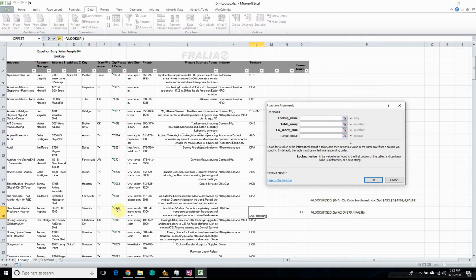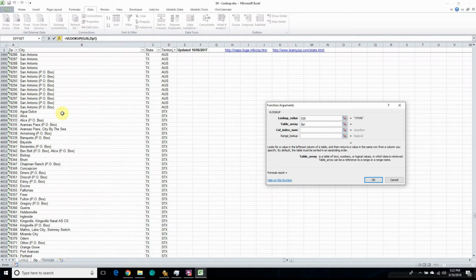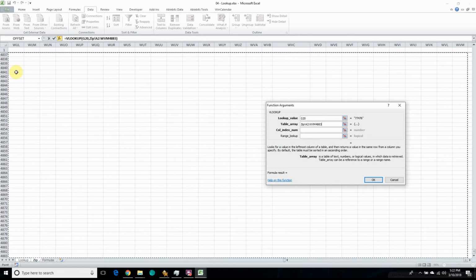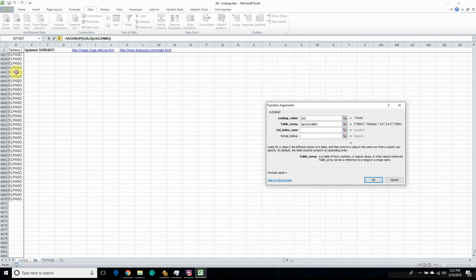So the value that I'm looking up is right here. What is the table or array? So where am I looking that data up from? In this case, I'm going to click on the zip tab. I'm going to press Control and up arrow gets me to the beginning. Control Shift End. It got me a little too much. Let me try the left arrow and the bottom arrow. So there we go. So in this case, it'll be A2 to